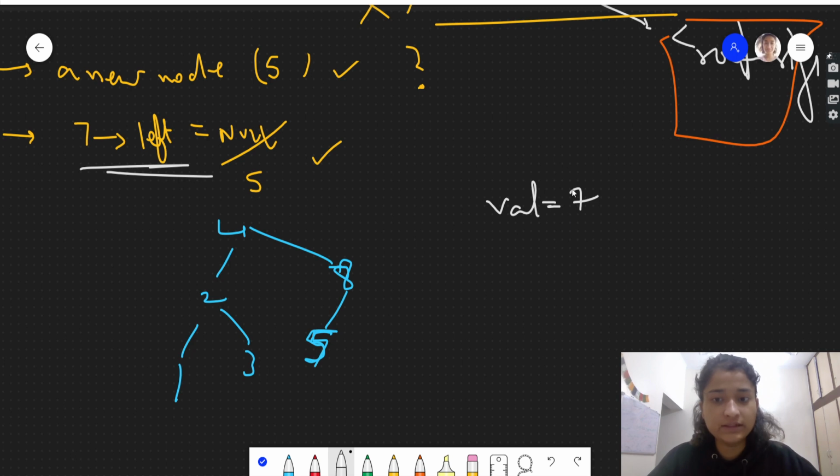We need to insert 7. So let's see how we'll proceed. 4, this is root value, root pointer is here, 4 is less than 7, means this 7 will go in the right subtree of 4.